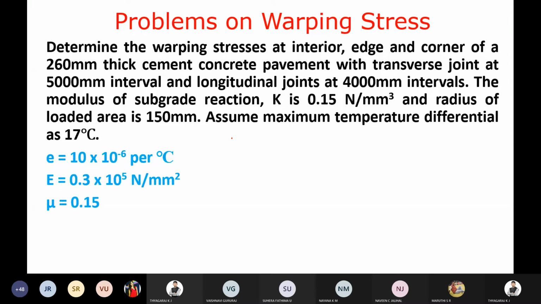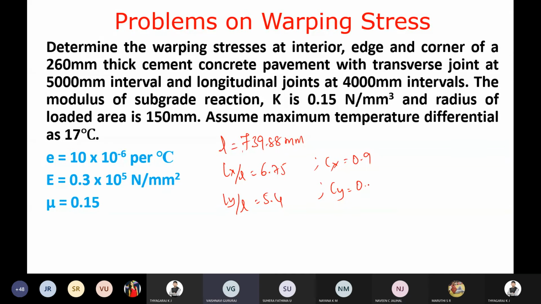So what is the L value you have got? L value, 739.88 mm. So Lx by L value, Ly by L value: Lx by L 6.75, Ly by L 4.8, right? 4.4 or 4.8? 5.4, sir. 5.4. Cx 0.98.